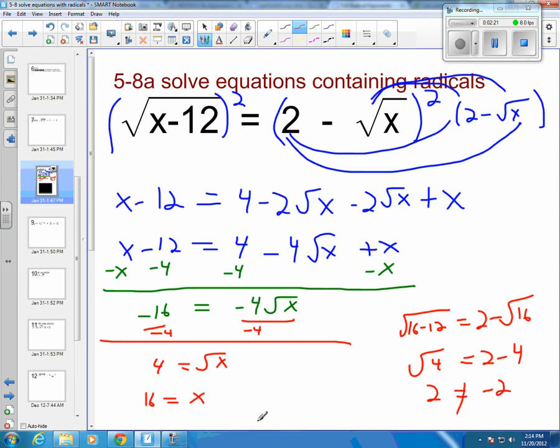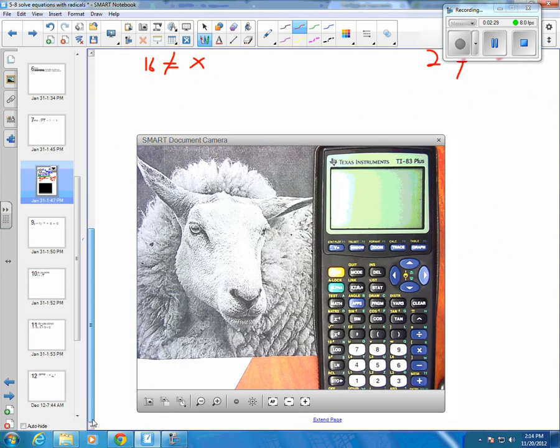This is not true, so our answer is not 16. There is no solution to this. So let's look at that graphically. So if I bring this down and I put the two sides of the equation,